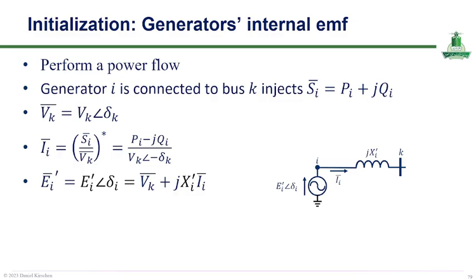The diagram on the right hand side here illustrates this equivalent circuit where the generator internal voltage source is connected to the network bus through the transient reactance jX_i prime. So this initialization process provides the starting conditions required for accurate dynamic simulation of generator behavior in power